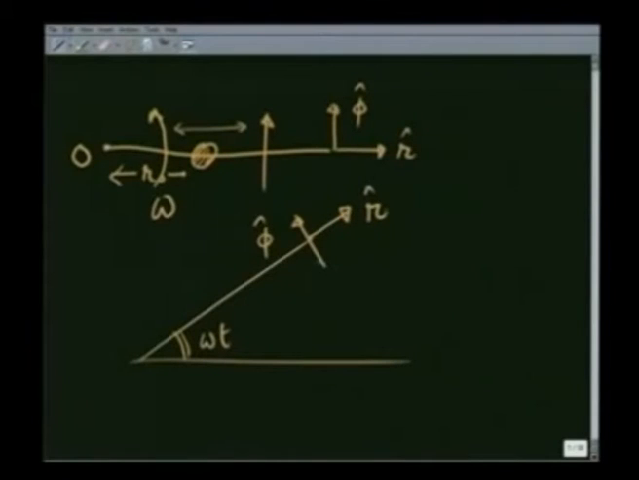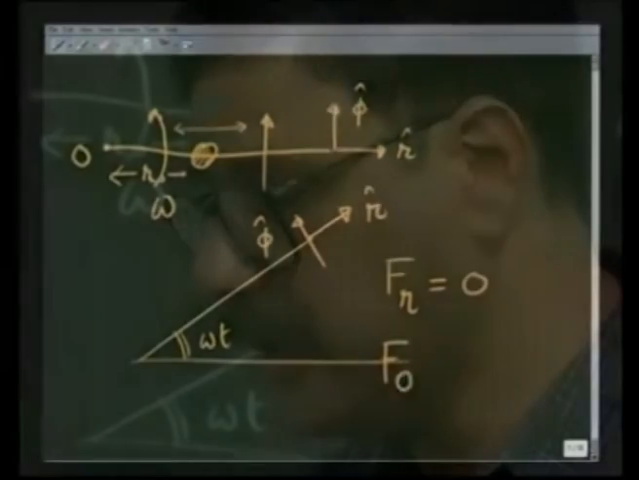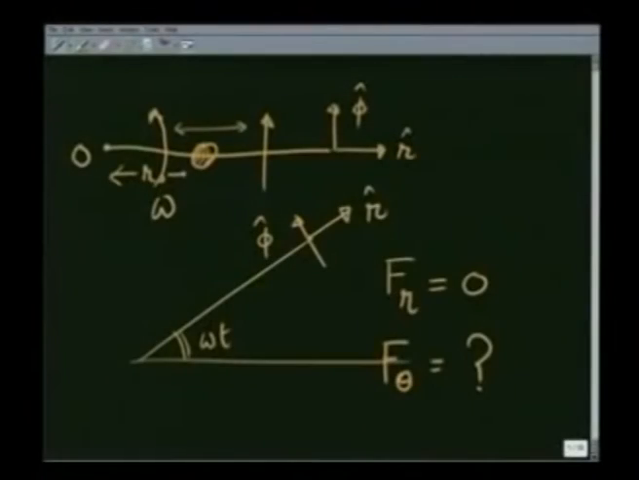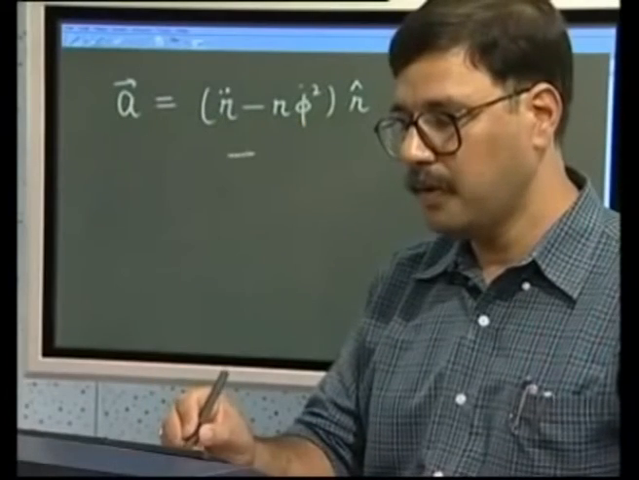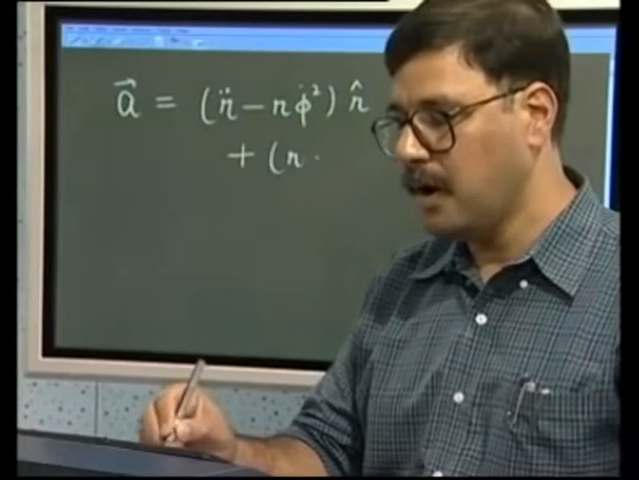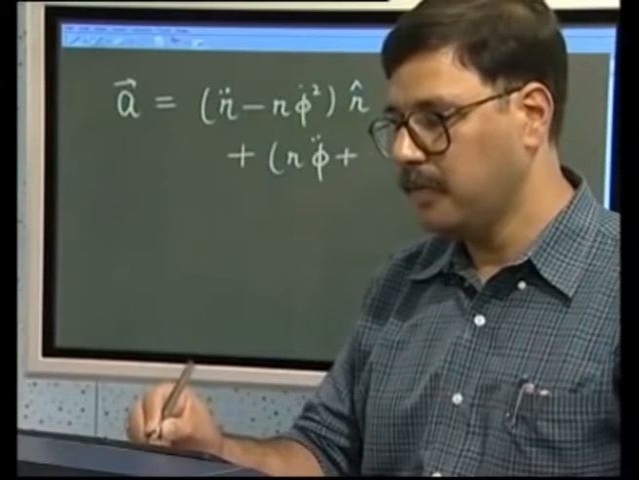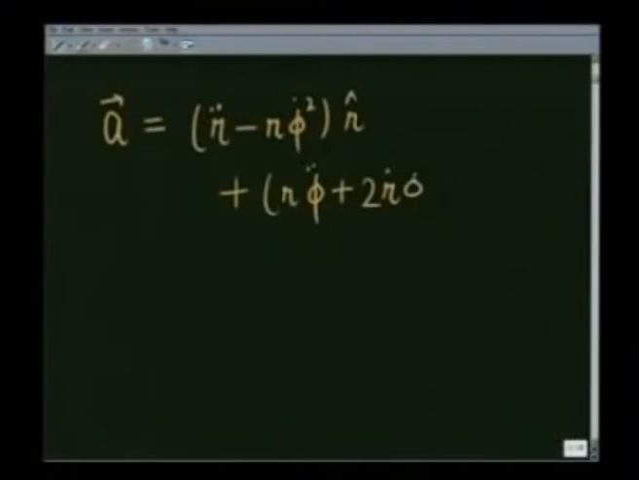The force in the radial direction is 0, therefore, the component of force in the radial direction I write as 0, and the component of force in the phi direction I do not know, but it is non-zero and I wish to calculate this. If I write the acceleration of the particle in planar polar coordinates, it is going to be r double dot minus r phi dot square in r direction plus r phi double dot plus 2 r dot phi dot